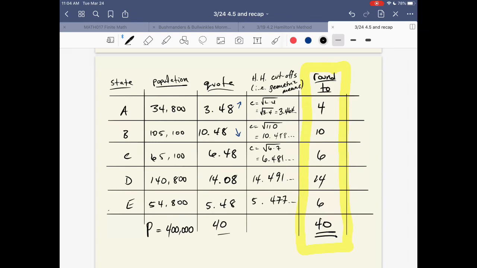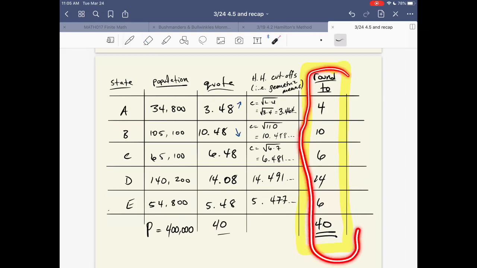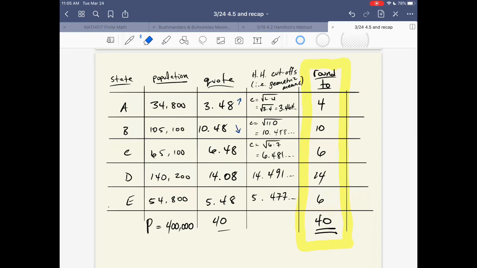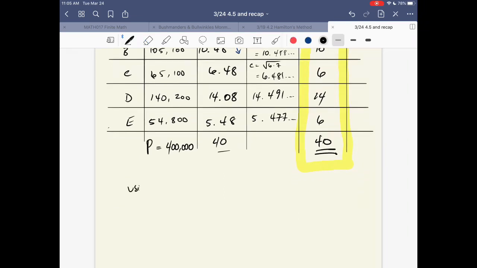And so we added 300 people to states B and C, and let's say that those people who just moved to states B and C both came from state D. So we're going to take 600 people away from state D and bring it down to 140,200. Okay. Well, one would think that this doesn't change too much, and in the end it won't change too much about how the seats are apportioned. But it will change a couple little things. So let's try. If we use the standard divisor,